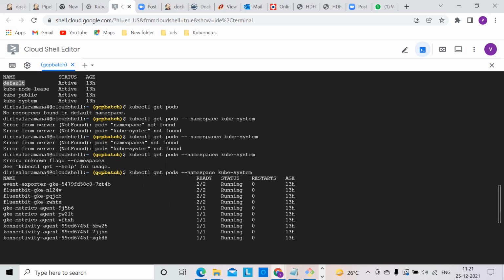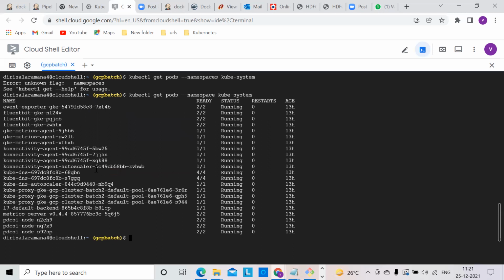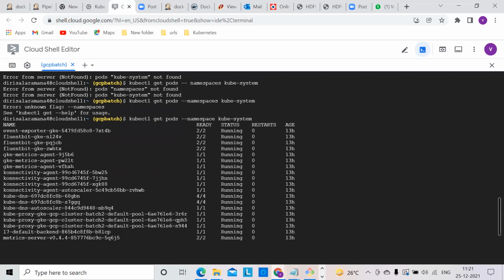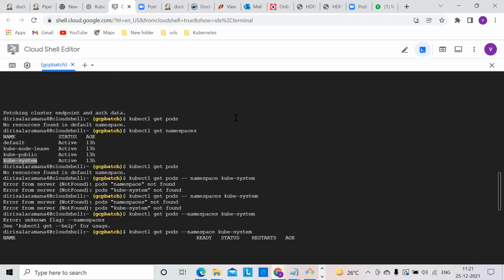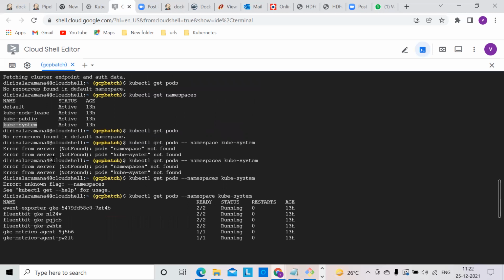For example, whenever a new cluster is created, in kube system we have some pods. All the pods related to the cluster information are available in the kube system. Generally you don't have admin permissions for the Kubernetes cluster. Even if you have admin permissions, don't delete these default namespaces. If you delete these default namespaces, the cluster won't work